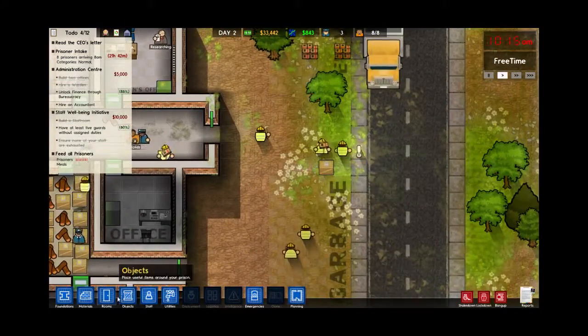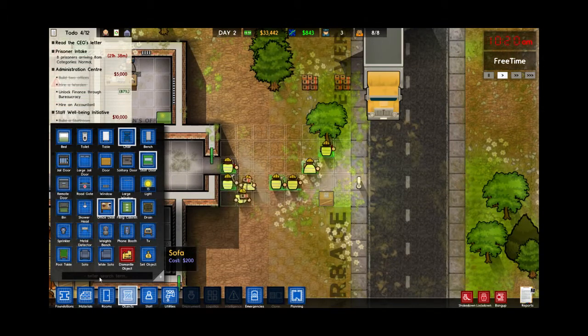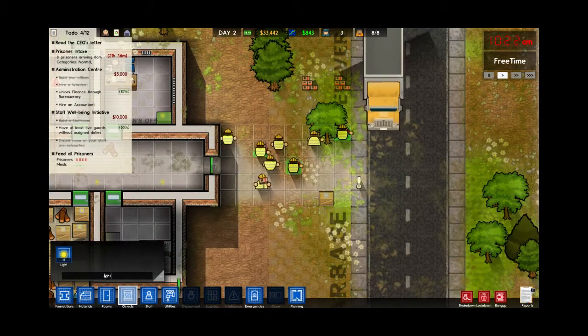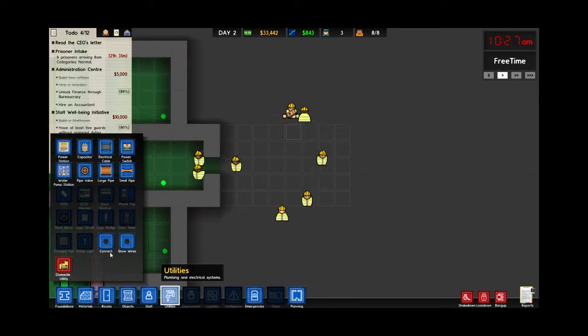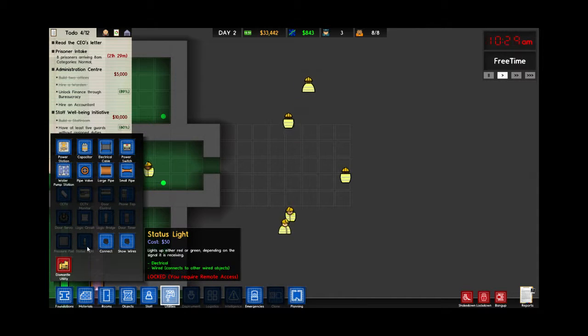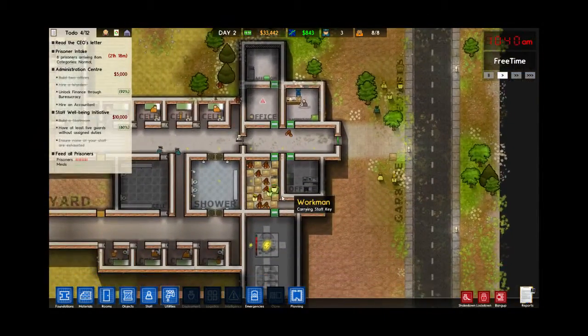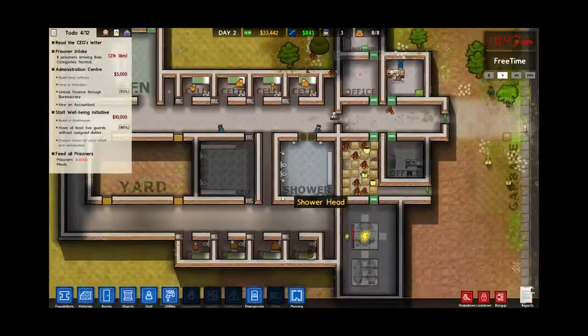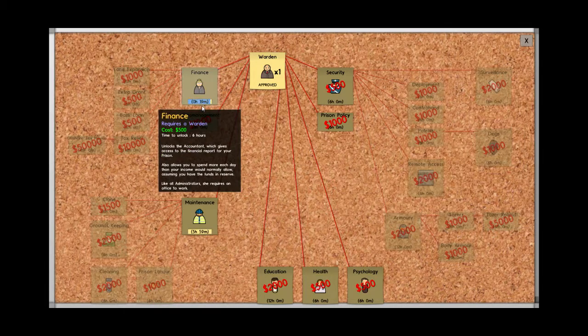We can put some pretty lights up. Where's our lights? Lights? No. We need some utilities. Status light? Oh, wired connections to wired objects. Oh, so this gives you... You can do circuitry and logic stuff in here. I'm not really sure how it works though. That's beyond me. We're just doing basic tutorials. So I think I heard the bell. Nope. So 20 minutes until we get...